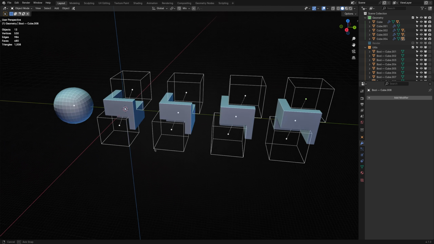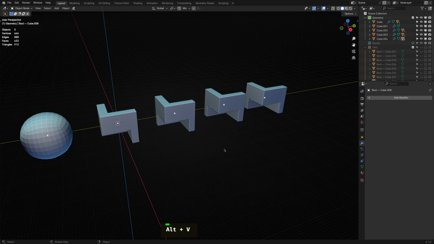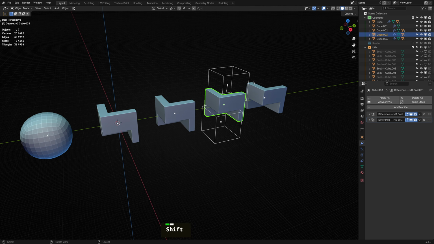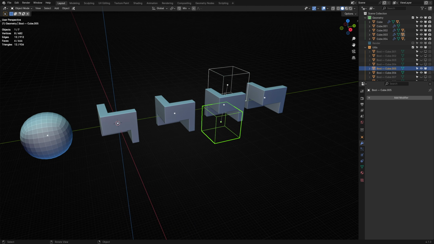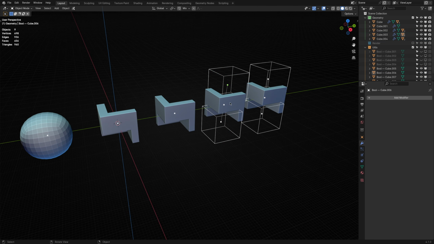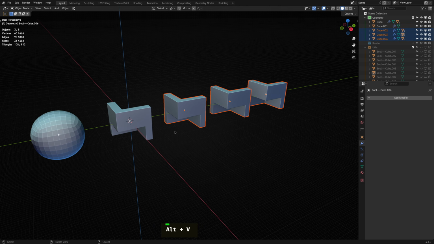But what happens if we're only interested in a single object's utils? Well, if I first hide all of the utils, select a target object, and shift-click on Toggle Utils, ND will only make utils related to the chosen object visible. This mode also works on multiple objects at the same time. There is another unique way to perform a similar action with more flexibility, which I'll cover at the end of the video as it's not in the viewport menu. Let's hide all the utils and move on to the next operator.